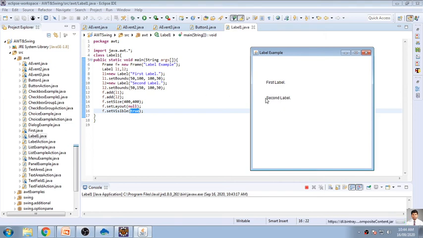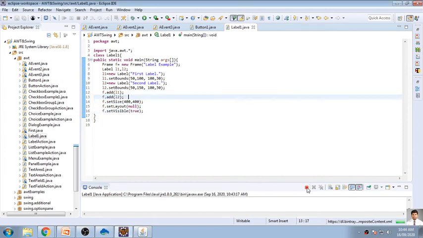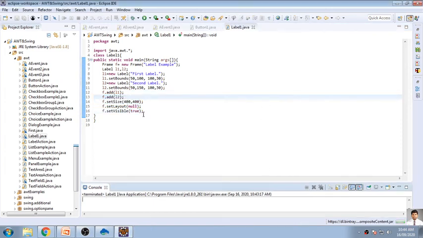Same way, I am using the second label, that will be displayed on 50 on x-axis, but on y-axis the count has been increased to 150. So again, it is specifying some location, label 2. And after that, these components have been added. Now see, there is no click event being generated over here, so nothing is added over here. So this thing you have to keep in mind.